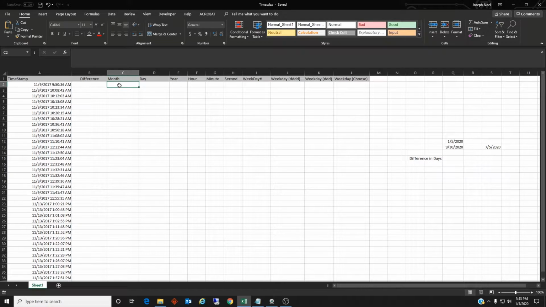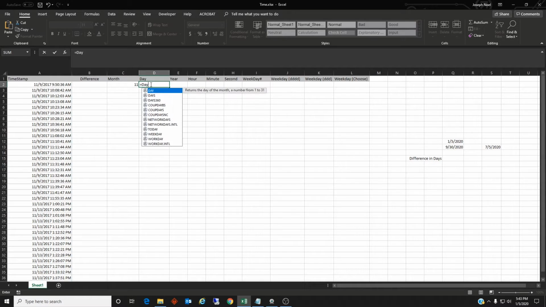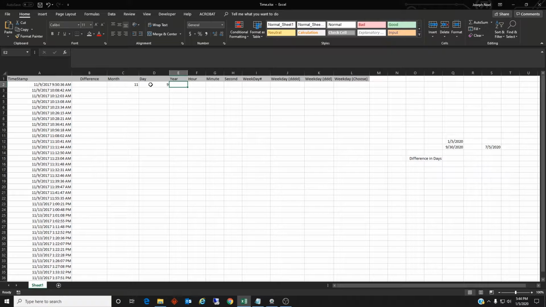Let's start with month. So say I have a column where I want to return just the month of this timestamp. So it's pretty simple, straightforward. Month, A2, and it returns 11. Same with the day. In fact, all these are going to be self-explanatory, but we'll go ahead and go through it so you can see it. Equals year, A2,